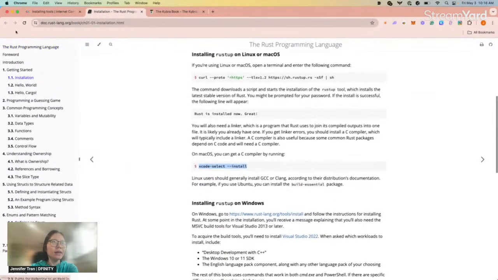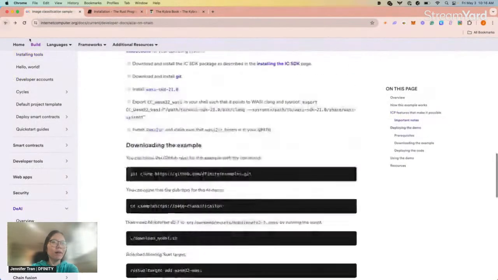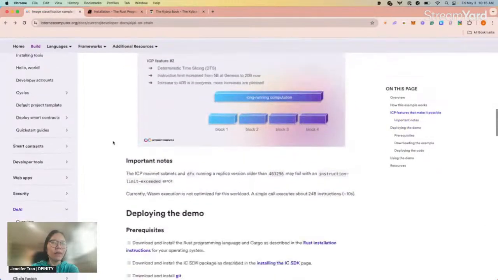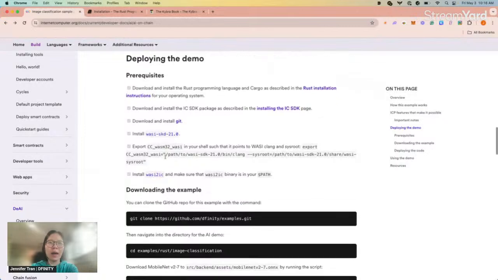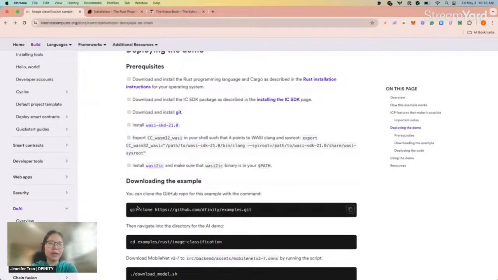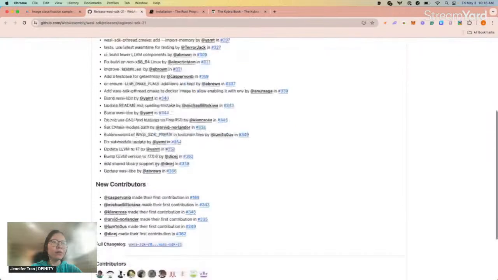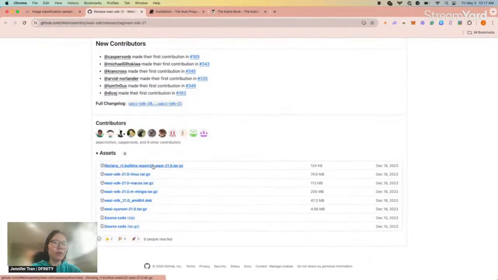Then the next step is to download and install Git. Git is quite common. If you're using GitHub, a lot of developers should already have Git installed, so you might already have this. Next is installing WASI as well. You do need to install WASI.